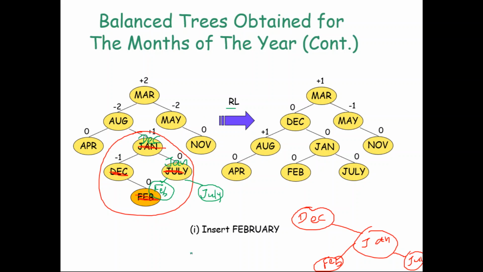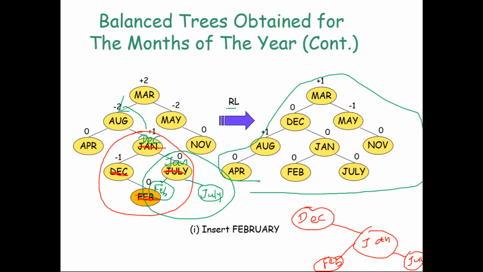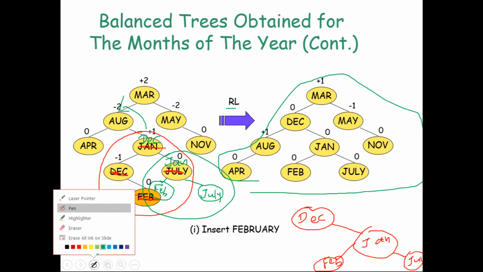Again you have to do a left rotation. Okay? So when you do a left rotation, December will go here, August will go down. Okay, but that is no issue at all. Just because December has only a right child, it does not have any left child. It has only a right subtree. So December will just move as it is. Instead of here, it will go here. August will come one level down. That's all. So that is the resultant tree you get. And if you see this resultant tree, it is a balanced tree, right? So this is how the rotation is done. Okay.